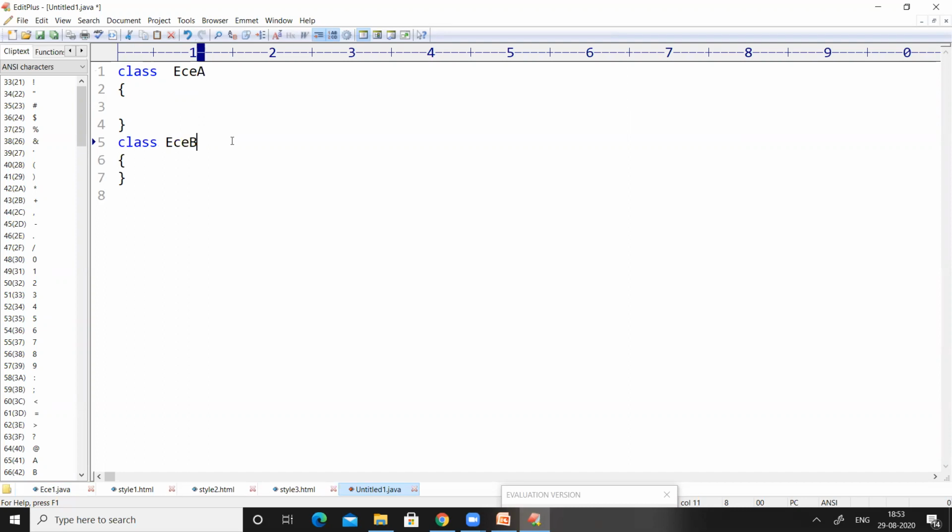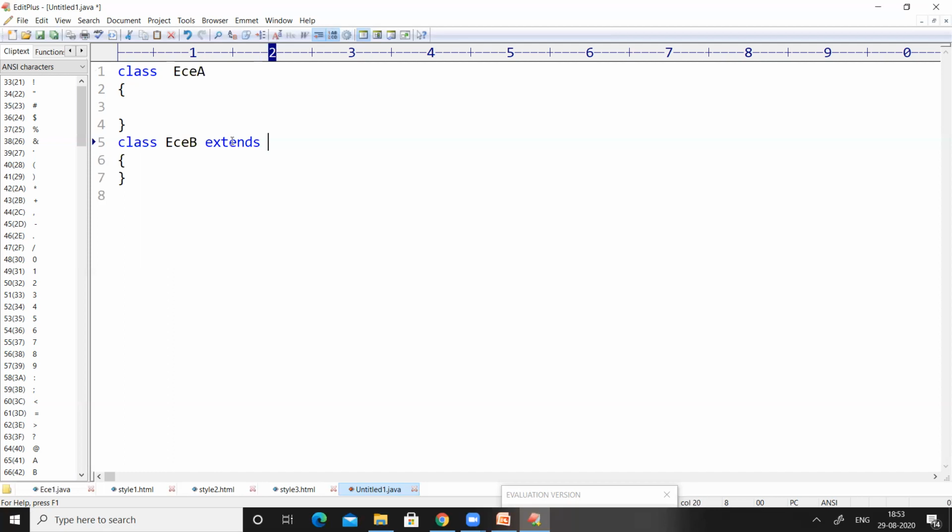Remember one word: extends. Extends is a keyword in Java programming language which is used for the concept of inheritance.